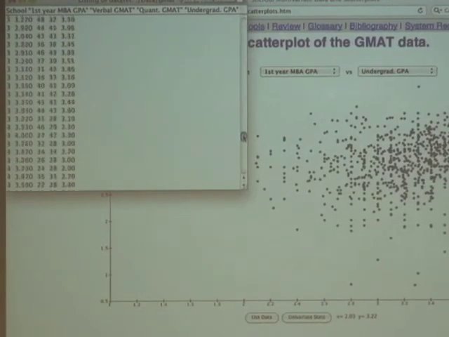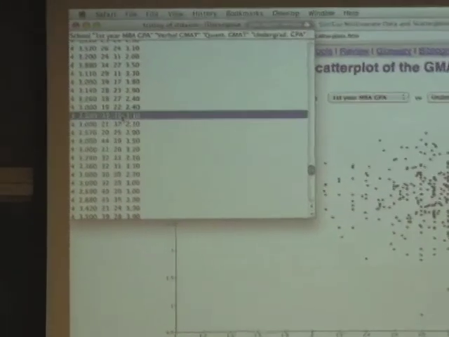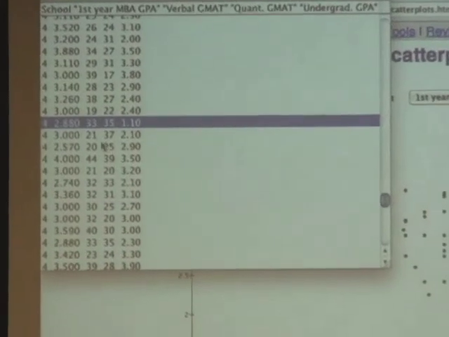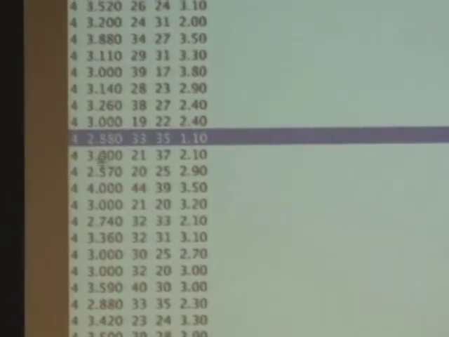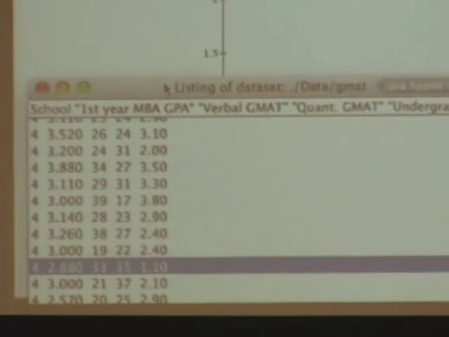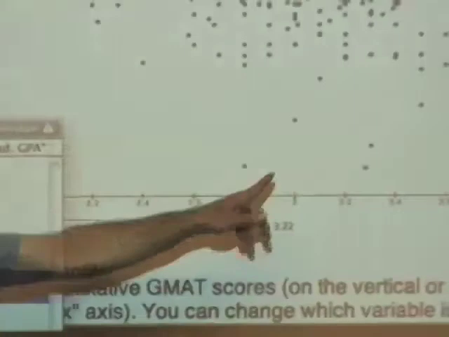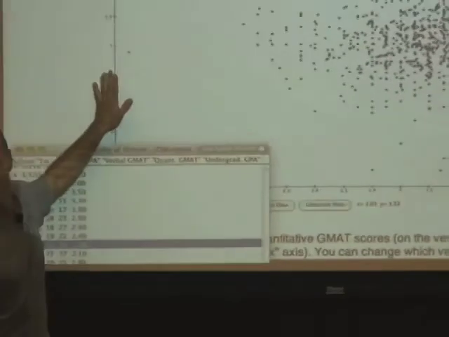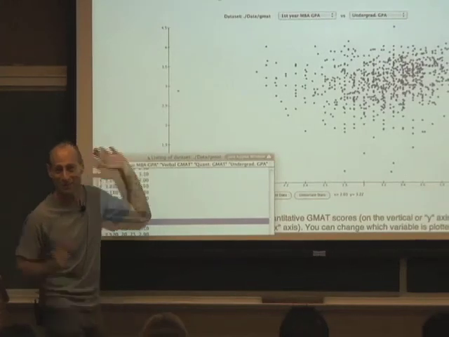Find this person. There it is. All right. Okay. There they are. All right. So let's look at what their other scores were. Okay. First of all, first-year MBA GPA was not high, but was certainly a lot better than a lot of other people, right? I mean, these people did much, much worse with much higher undergraduate GPAs, right? So if that really was somebody with a 1.1, it wasn't a silly decision to admit him or her, right? A posteriori.